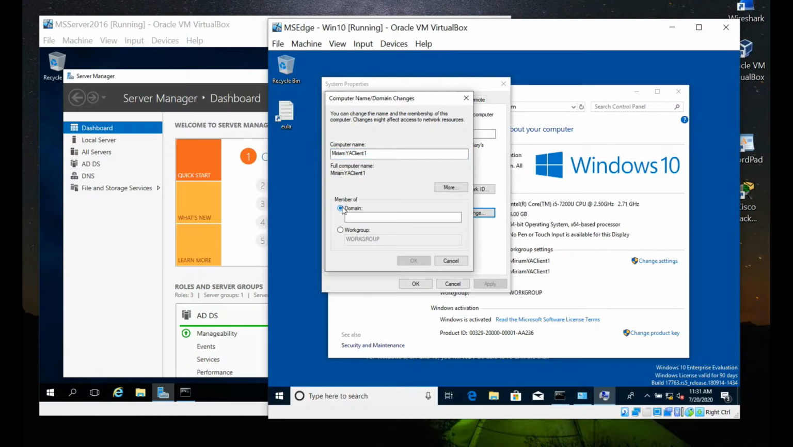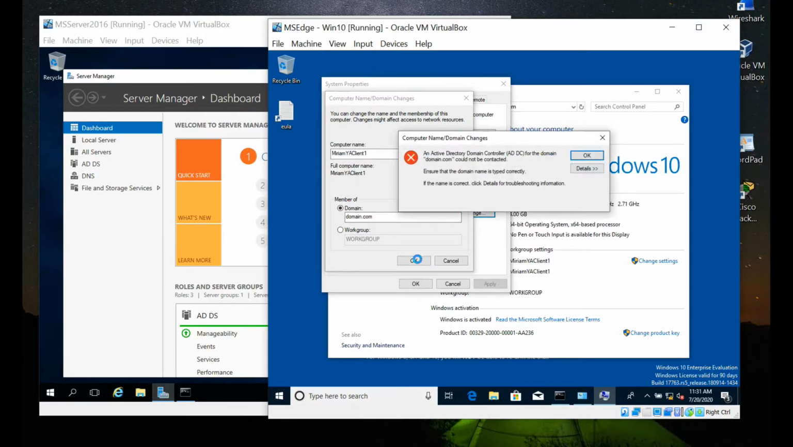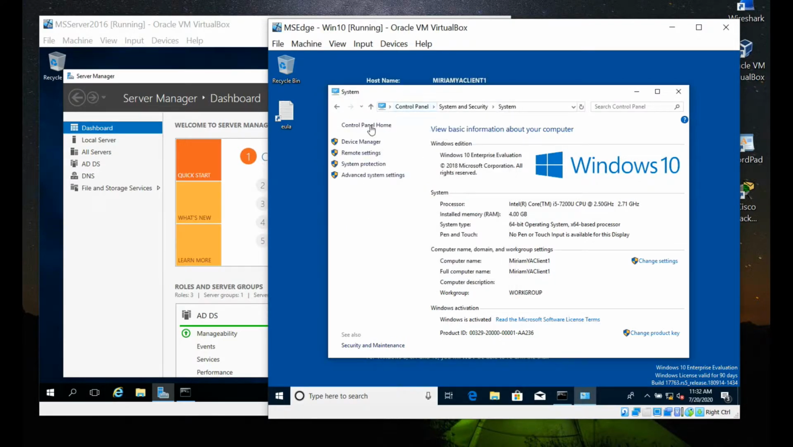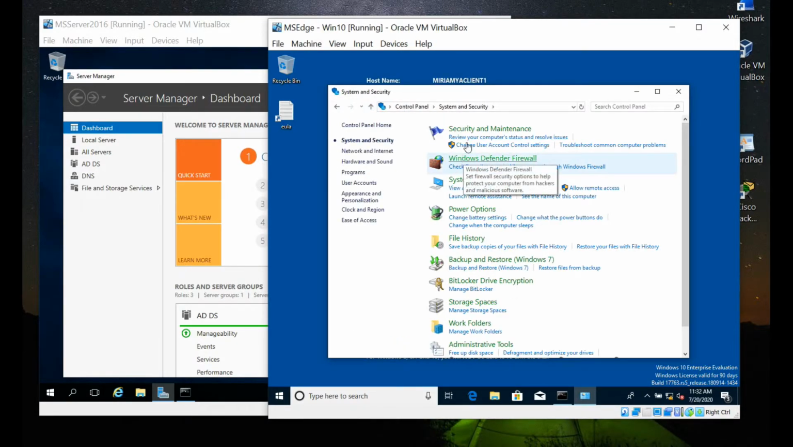Now the reason we need to enter this information is currently the client machine is still on its workgroup, although it can connect to the domain IP using ping and get responses back, it's still not connected to our actual domain. So in this section, type in domain.com or the domain that you chose in your configuration, and select OK. And it comes up with: an Active Directory domain controller for the domain could not be contacted. Now, this is an error if some of our configurations aren't correct. If we select OK, then select cancel again,